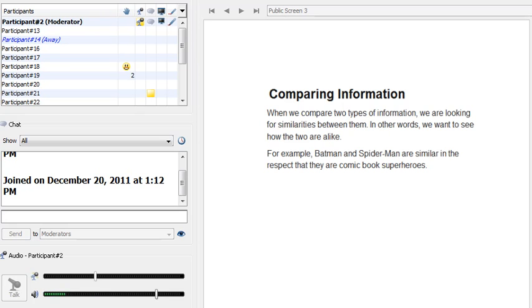And that's what you're doing when you compare. You're finding ways in which things are similar or alike. And if we use an example here,